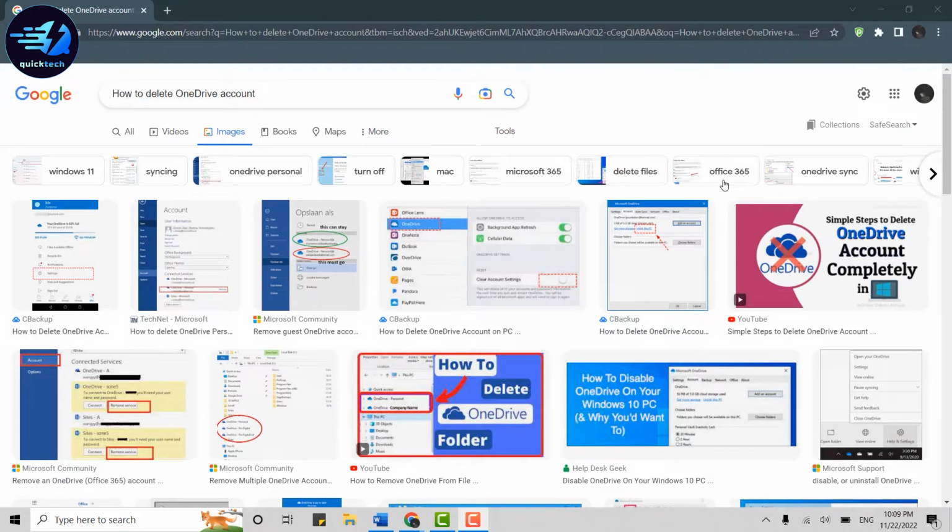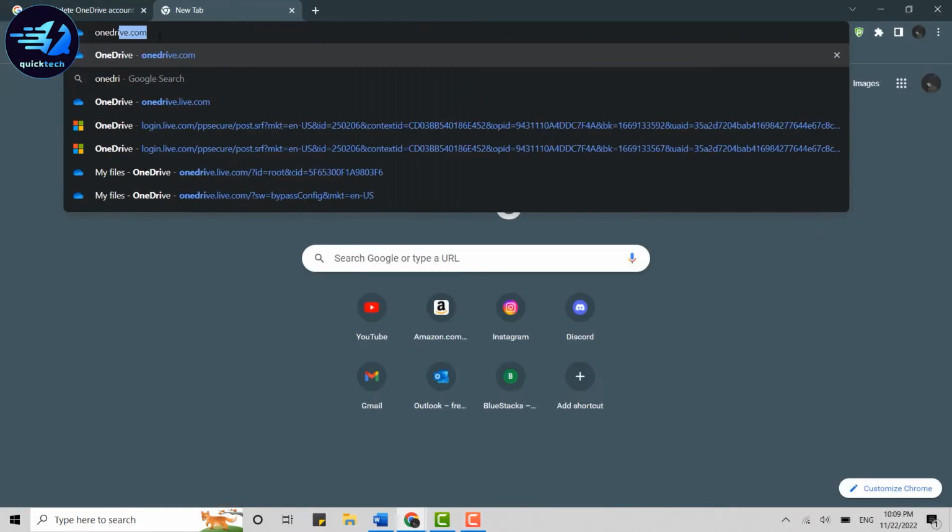Today with this video of Quick Tech, I will be showing you how to delete OneDrive account. Now to begin the process, you need to do this in a Google browser on your desktop or PC, as you cannot delete your OneDrive account in the mobile application. So open a Google browser on your PC and then click open new tab, and on the search bar type in onedrive.com